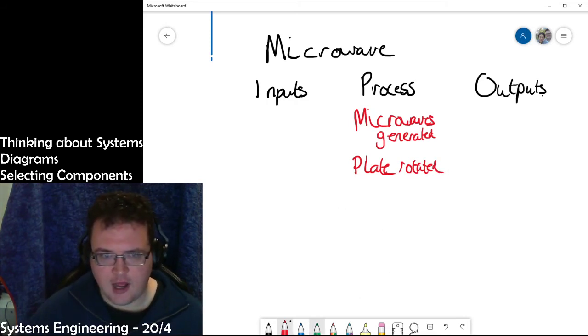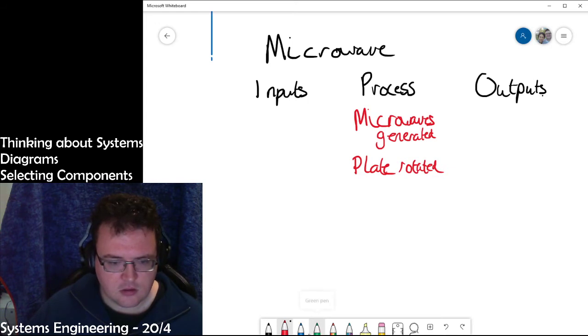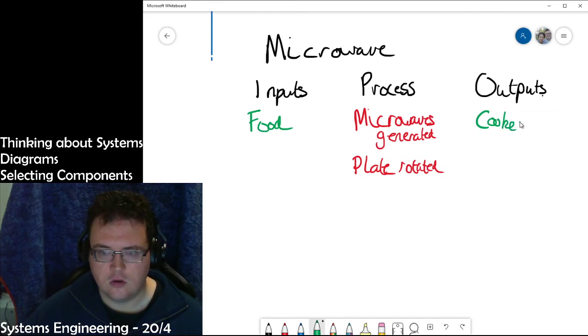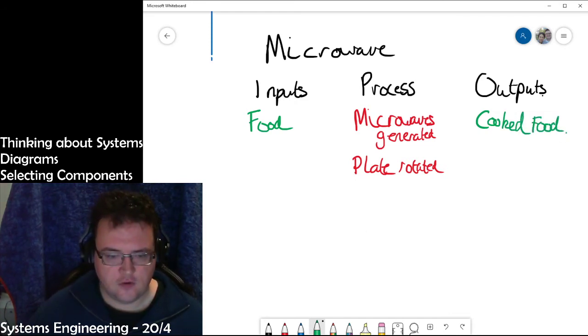So what are our inputs? Food, outputs, cooked food, electricity goes in,